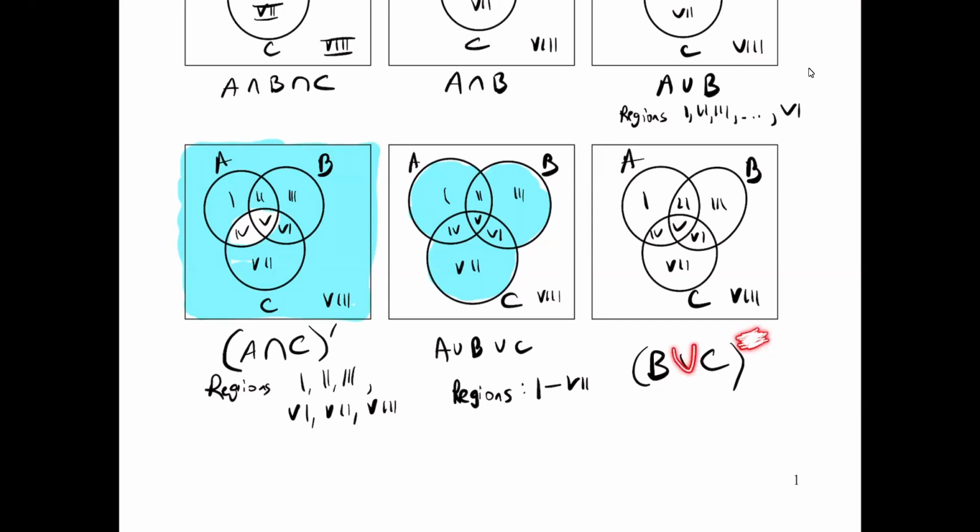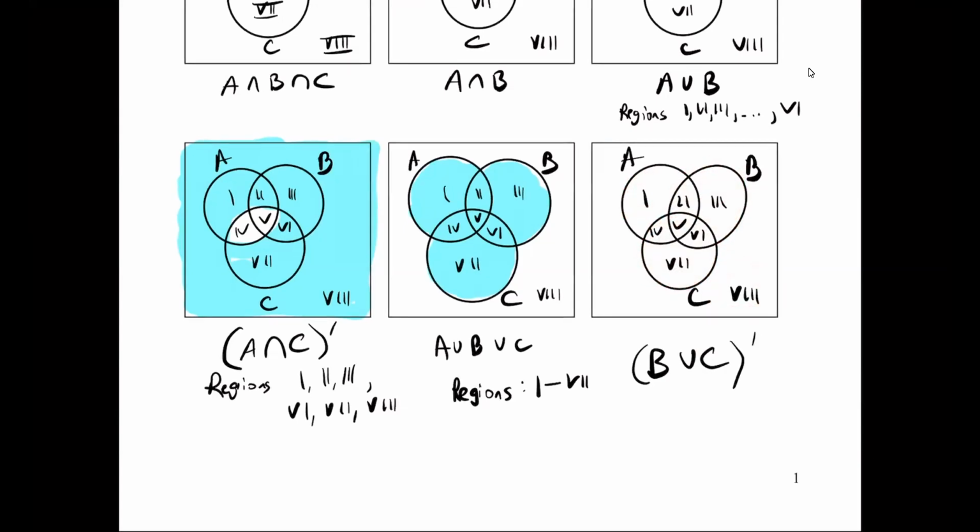Careful, it's union, not intersection. So union means everything in C and then everything in B. Yeah, so the complement of that would be 1 and 8. 1 and 8. Very good, you got it. So everything in B and everything in C, but the complement is everything except that. So it'd just be 1 and 8. Yeah, so the regions would be